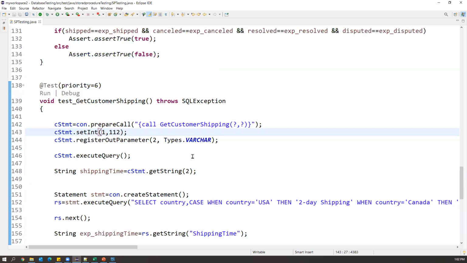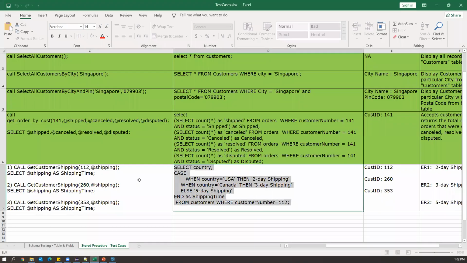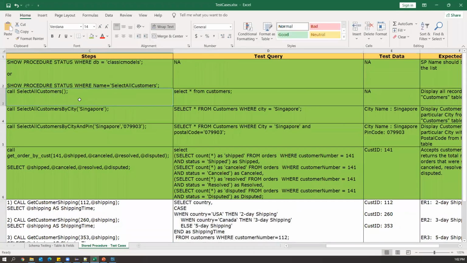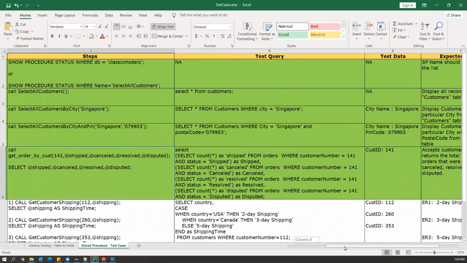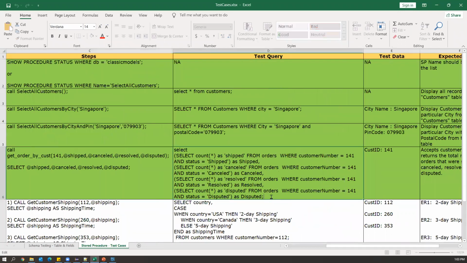All right, so this is how we can automate the stored procedure. Sometimes a stored procedure may not take any parameters, and sometimes it will take 1 or 2 input parameters. And sometimes your stored procedure will take input parameters along with output parameters. In any case, we should be able to automate those stored procedures. The main important thing here is that we need to create our test queries.